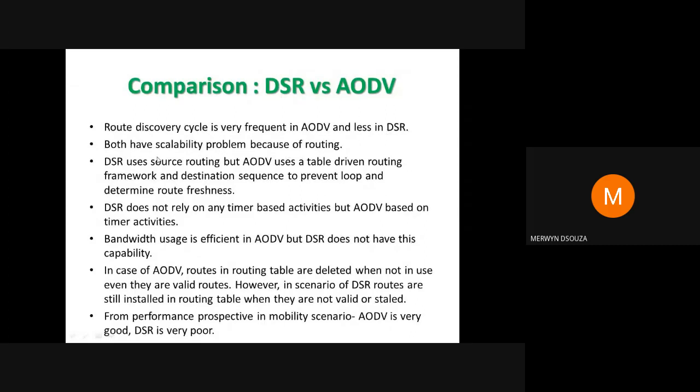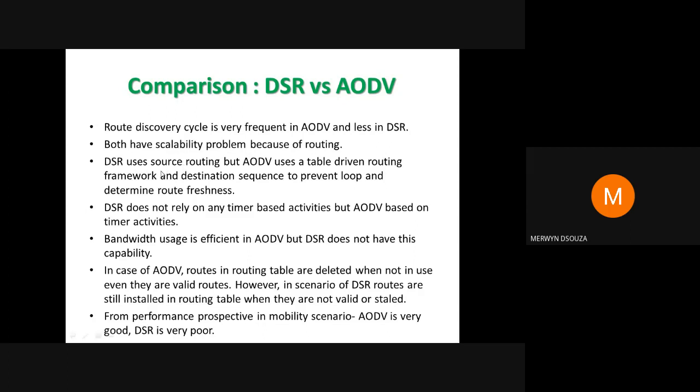But when you have a large number of nodes in the MANET, then it becomes difficult to maintain the routing table. So scalability means having a large number of nodes in the network. Then the routing becomes a little bit difficult. Like we had discussed at the beginning when we were studying DSR, it works well for MANETs up to 5 to 10 hops.